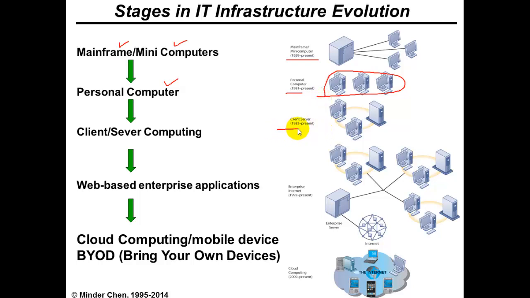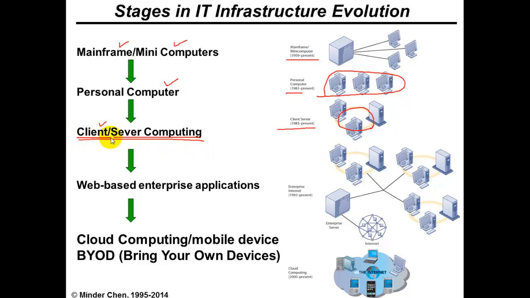But over time, people found that there is a reason to connect those computing resources so that we can share some common and particularly expensive computing resources, like a server or a laser printer at that time. And that is what we call client-server computing. So the client can be something simpler, and the server can be more powerful, serving multiple clients.